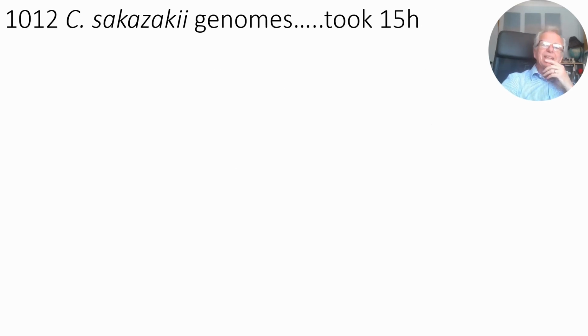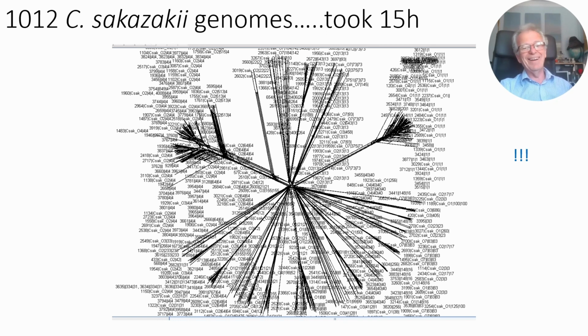But of course, the target was over 1,000, and yeah, I did a Cronobacter sakazakii. There are currently, as of today, 1,012 Cronobacter sakazakii genomes. This analysis took 15 hours to run, so it took longer than having a cup of tea or a cup of coffee, or even a lunch break. So 15 hours, so it ran overnight, and here's the SplitsTree, which is obviously way too much information for one screen grab,